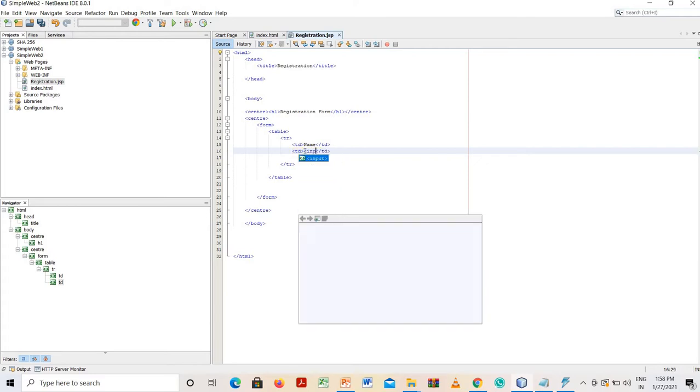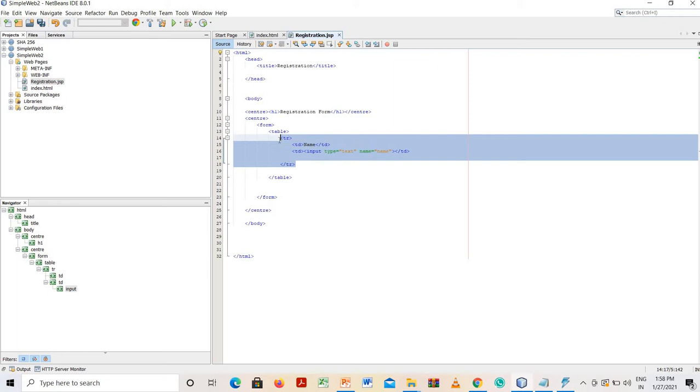So input type is equal to what? Input type is equal to text. Name is equal to name, right? Again, this is the first row. Similarly, I will have 5 rows.